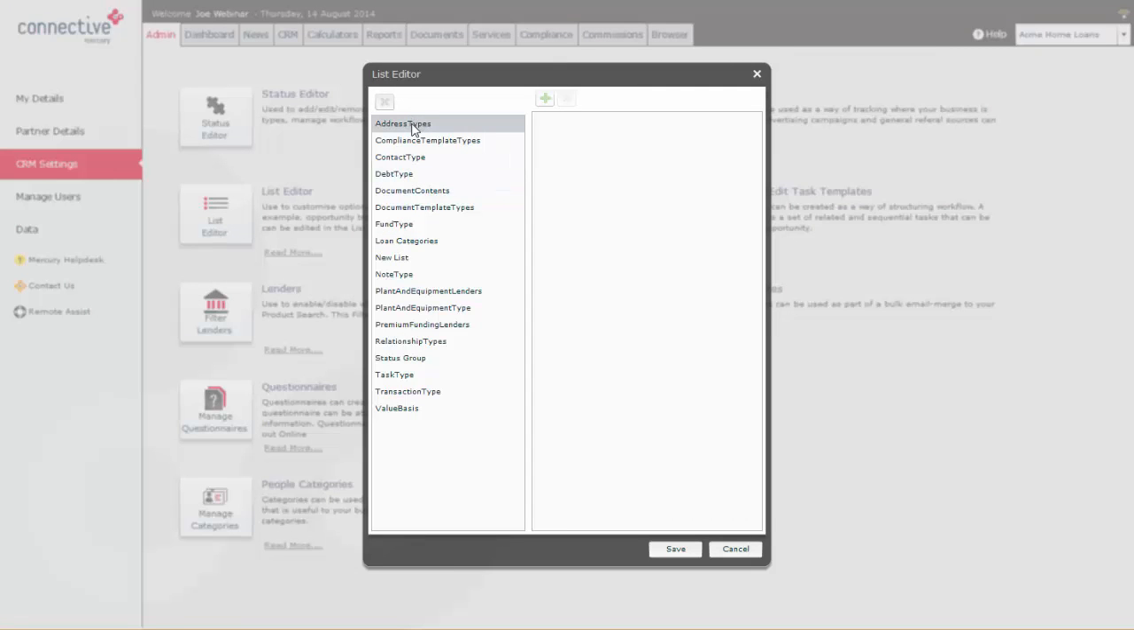What this editor does is it allows you to customize some of the drop-down lists in Mercury. So you'll see here this lists all of the address types. We've got fund types, and I think anywhere in Mercury that you can see a drop-down list, you can edit the list here. You can also add loan categories here. So if you're not